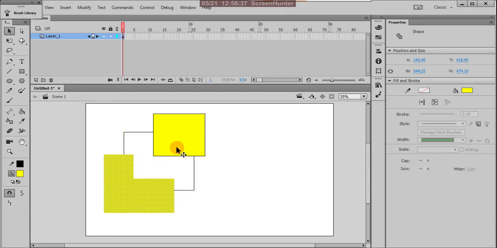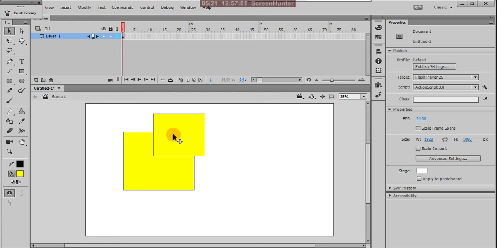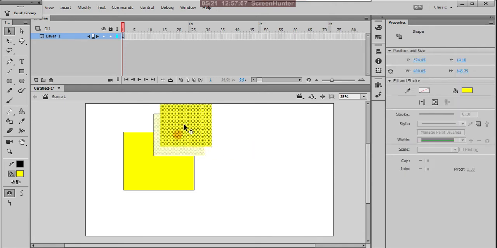Okay, it means it is overlapped and merged. If you overlap one shape on any other piece, it can automatically merge, and if you drag that, it can separate. So this is what the drawing is itself. It is in merge drawing mode. Okay, so this is merge drawing mode.